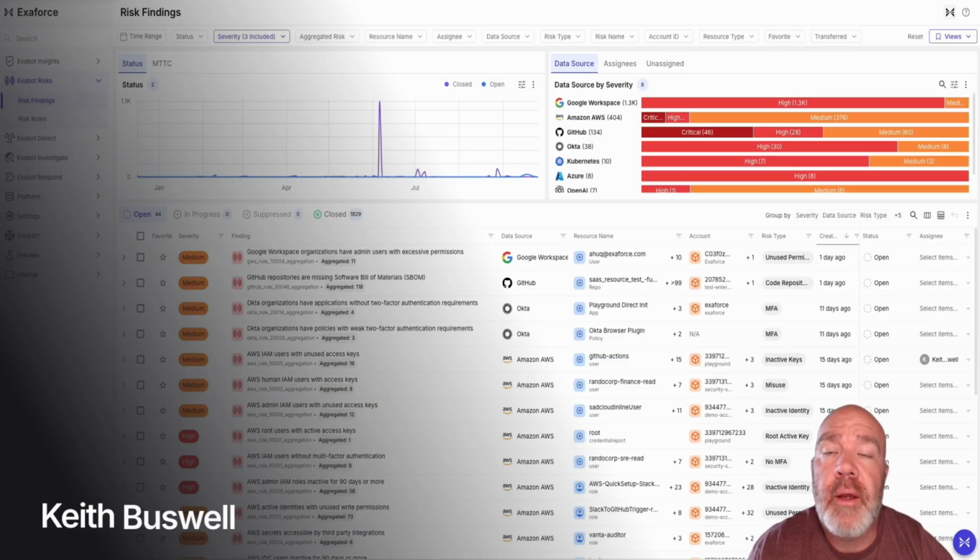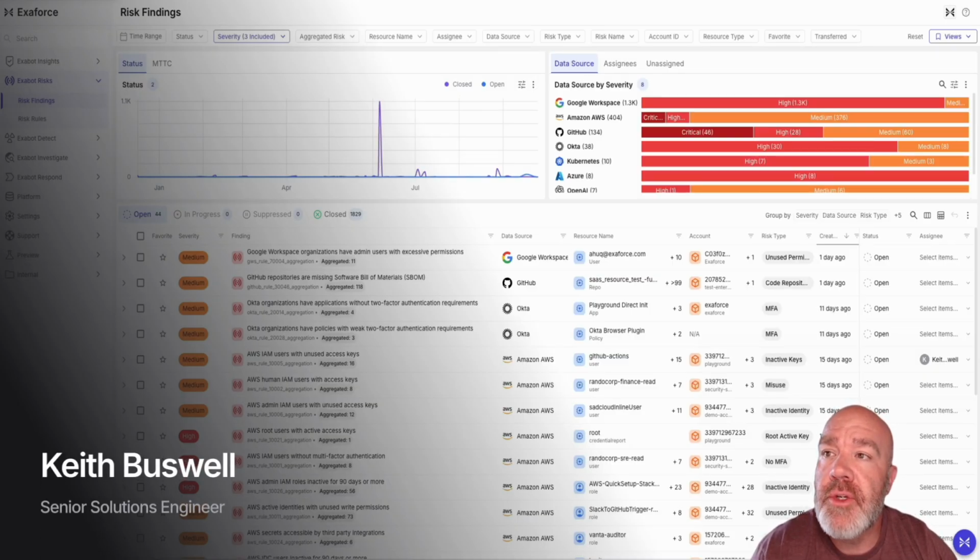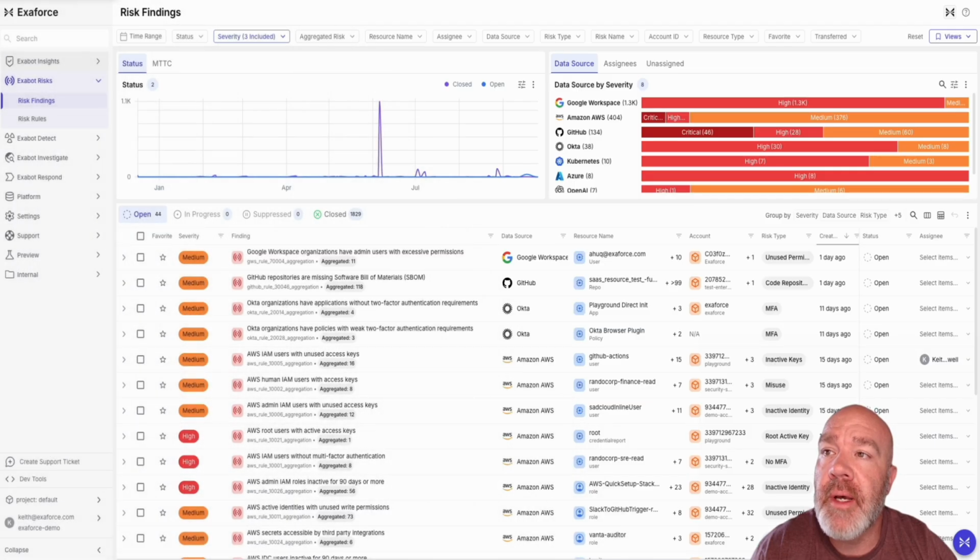Right, welcome back. Today we are diving into our risk finding sections. We just got done wrapping up Exabot Insights, and now we are going to go into the section of Exabot Risks. Exabot Risks is exactly what it sounds like: revealing risks inside of the